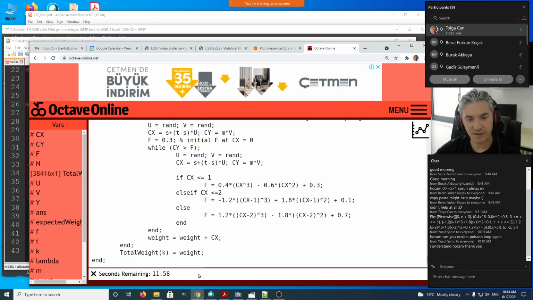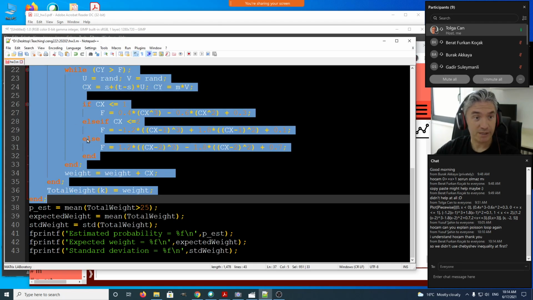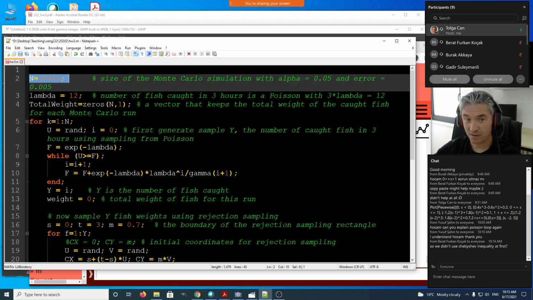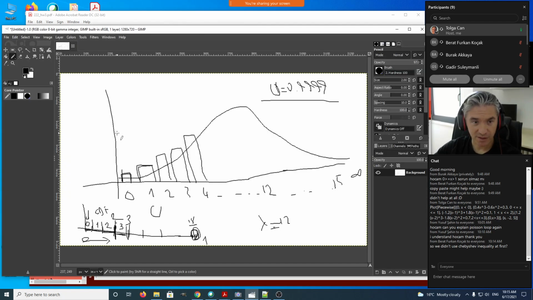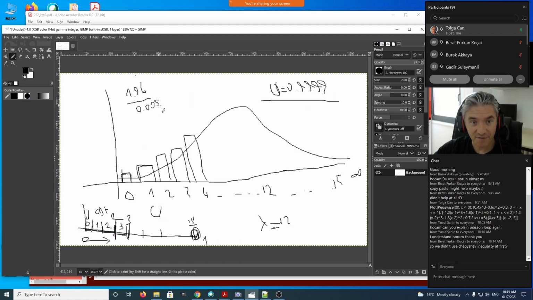So what's still running, as you can see, I think it will run in about 1 or 2 minutes. So we will, yeah, it's finished actually. We use Chebyshev inequality. So this 38,000 is computed by using the Chebyshev inequality by Z alpha. We did it by 1.96. So it was like this, 1.96 divided by your epsilon, which was 0.000. Well, how many zeros did I have? 2 zeros. Okay. 0.005, we get this squared, and we multiplied it with our largest variance we can have